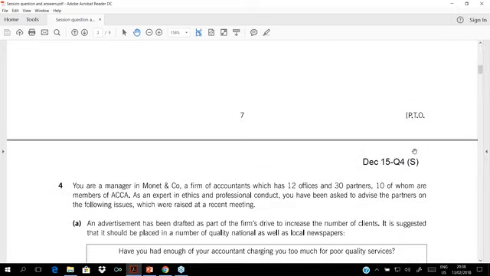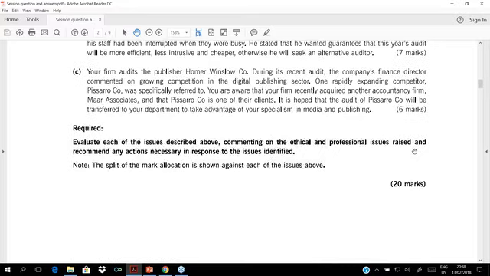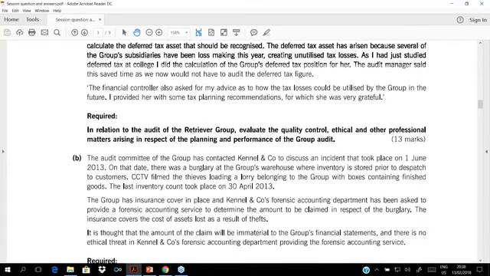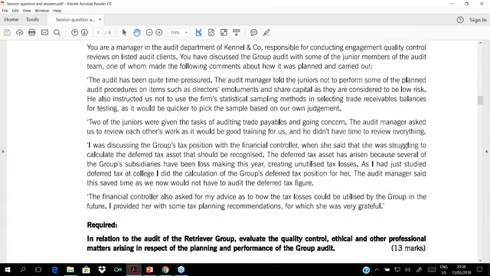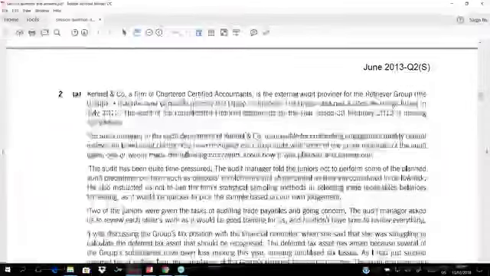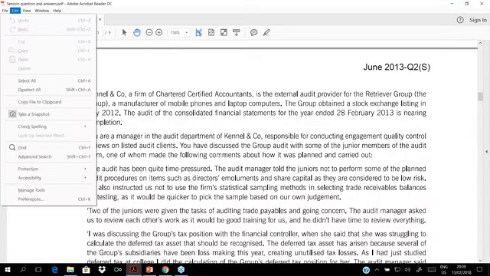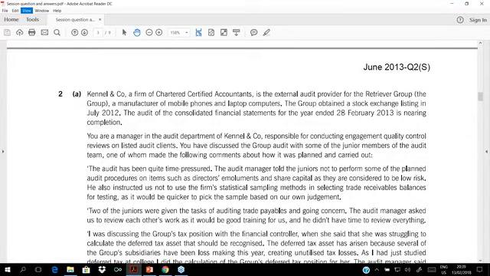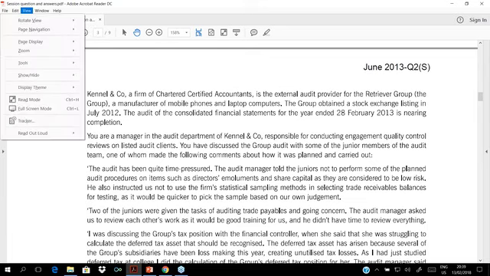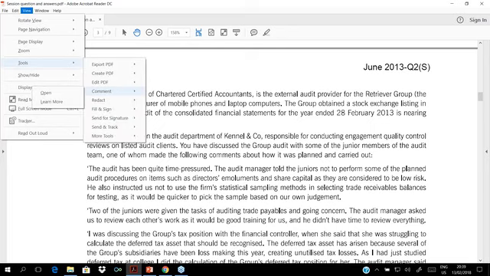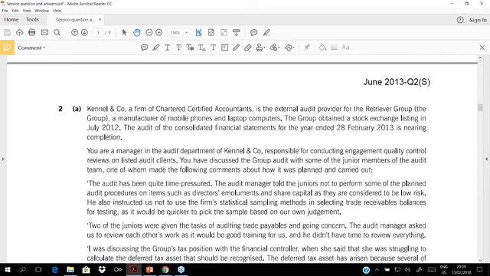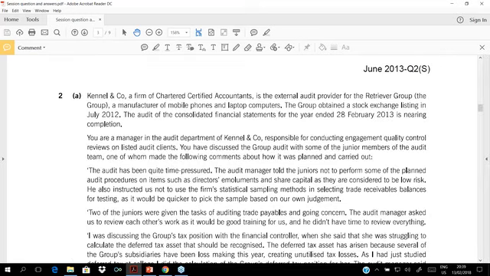I'm taking the question. I need to show you one thing basically. Okay, see this question, June 13, question 2, because there were a lot of students asking for question 2. If you look at this question 2 in front of you, June 13 exam, see the requirements. The requirement says